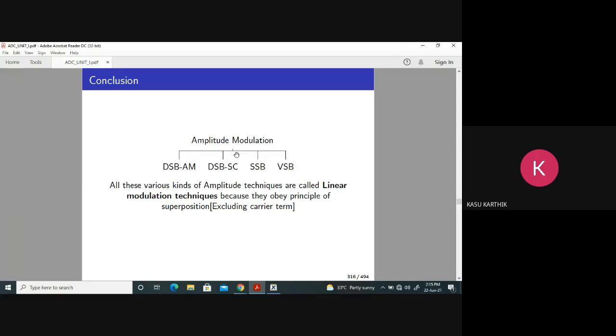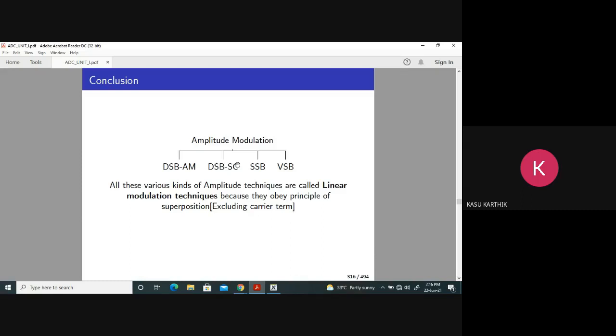Here we are varying the amplitude of the carrier according to the message signal. That is one type of modulation. I told you at the start itself, the basic parameters of any signal are amplitude, frequency, phase. Till now we have varied the amplitude of the carrier by using some techniques. That is about the amplitude part of modulation. Next, we'll vary... one more thing. By varying amplitude, we are keeping the remaining 2 parameters, frequency and phase, constant.